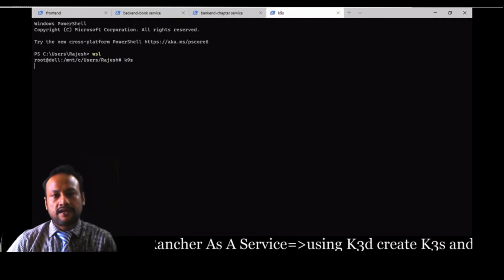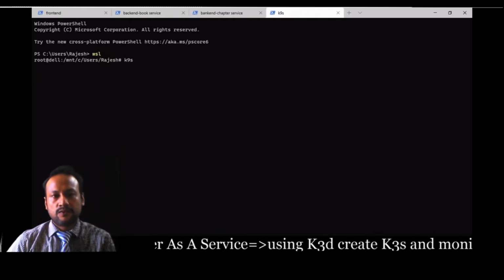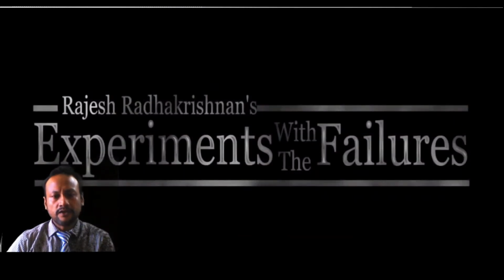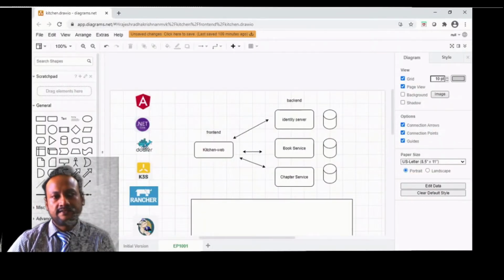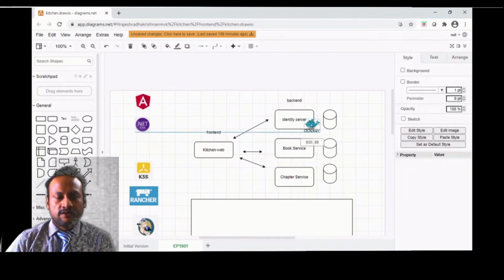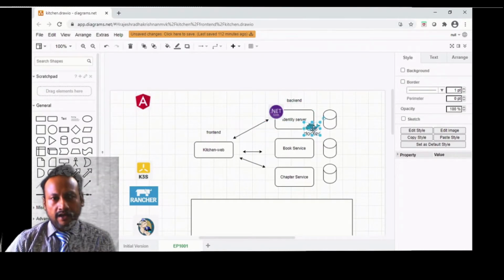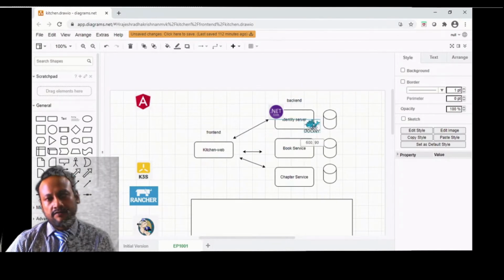So this K9s is an interesting tool, because once you install the cluster, you need to use the kubectl command a lot of times, but K9s solves that. So here you could see that we have Dockerized it, and it's a .NET application, and it's the same command but a different project.